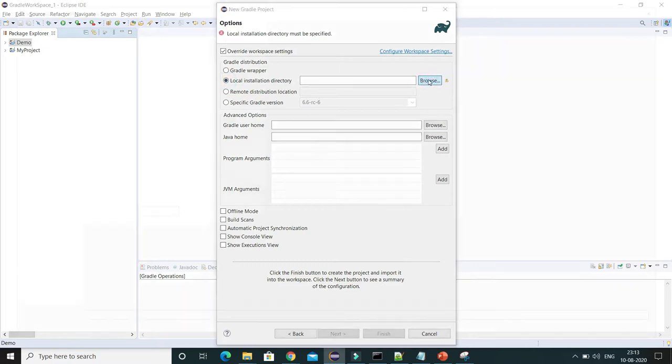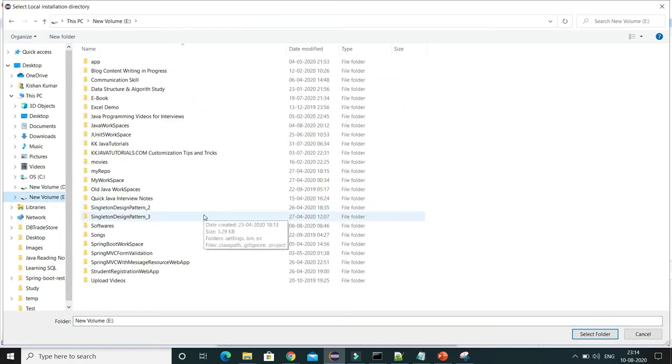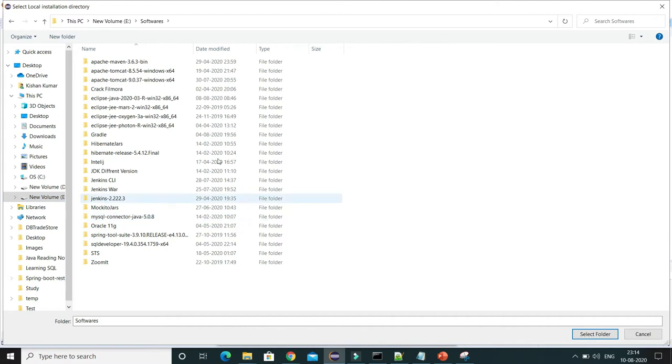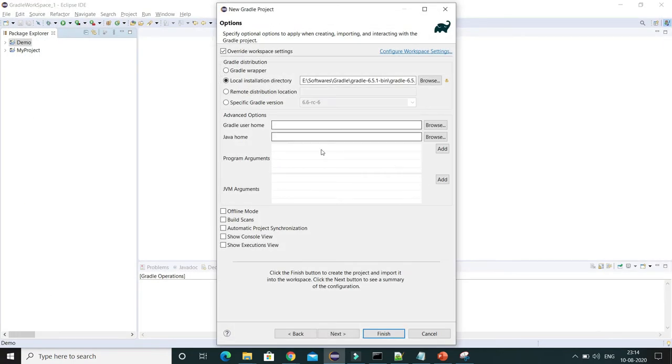So I will browse, and I'll go to the E drive where I had stored that Gradle distribution binary. So here is the Gradle, and here go inside the Gradle. This is basically the home directory of your Gradle. Now I have selected this one.